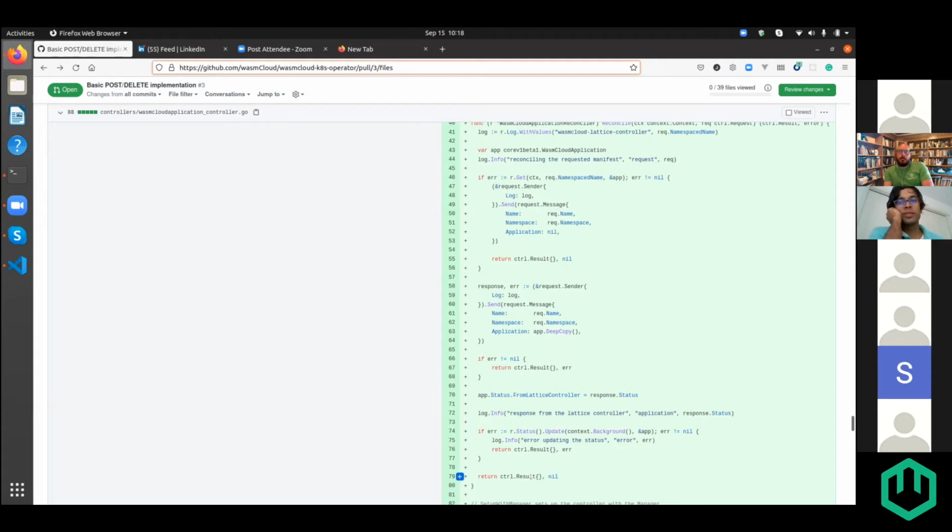I'm not sure I understand the question. So I haven't seen the lattice controller in terms of how it actually works. The lattice controller hasn't yet been implemented, right. Sorry, yeah, point taken. But it looks like right now we are very much going towards the idea of essentially reading a config file, right? It's a post event, yeah, but essentially reading a config file where everything is declared up front.